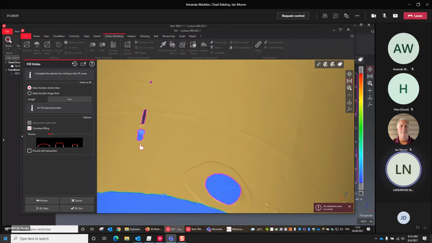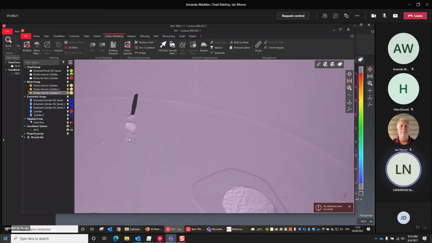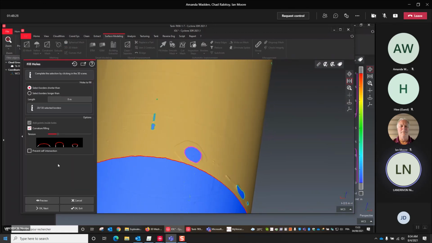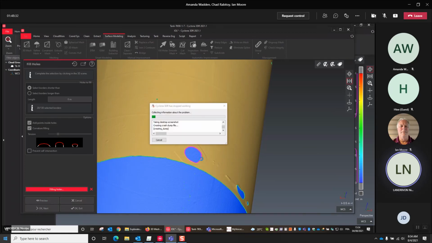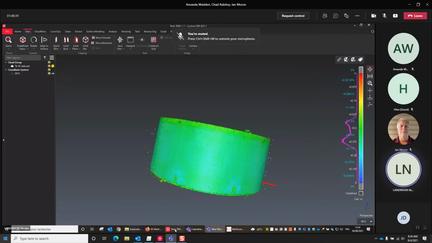that's why I've got trouble. Okay, so sorry for that. I'm going to fill holes. Okay, I select this one, for instance, preview, and crash. Sorry. Oh. It can happen.